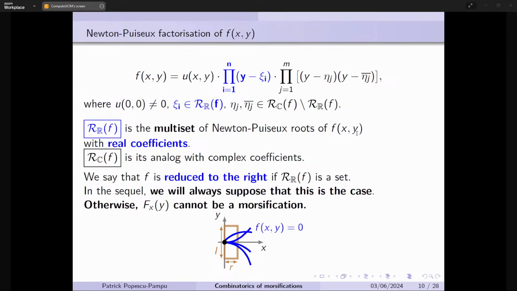So now remember, we want to say that the primitives of these will be Morsifications. So first of all, near each critical point here, we want it to be non-degenerate. This means that we want this real curve, blue curve here, to be reduced. And to be reduced means that, in fact, we do not have multiplicities in the real part. So we say that f is reduced to the right if this is a set. And we will always suppose